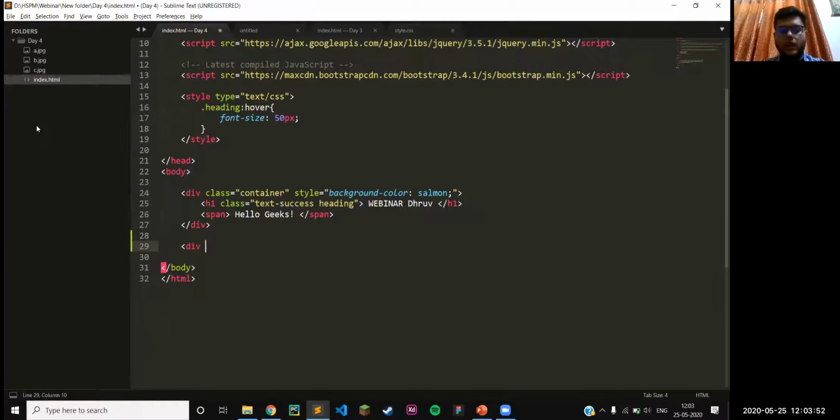So let's start that. For using the Bootstrap grid, as you might remember, we said that it's like a container for every other element that we are using in the HTML document that we are making.